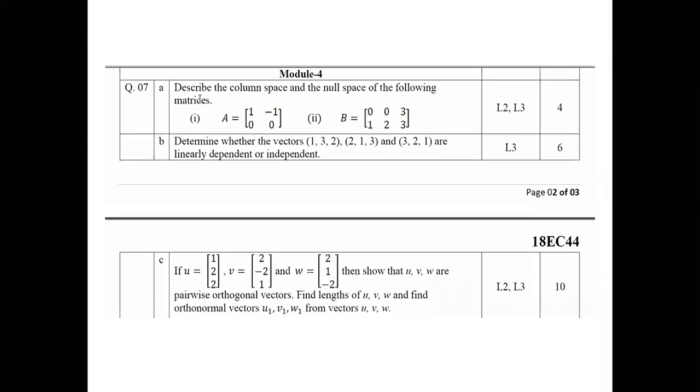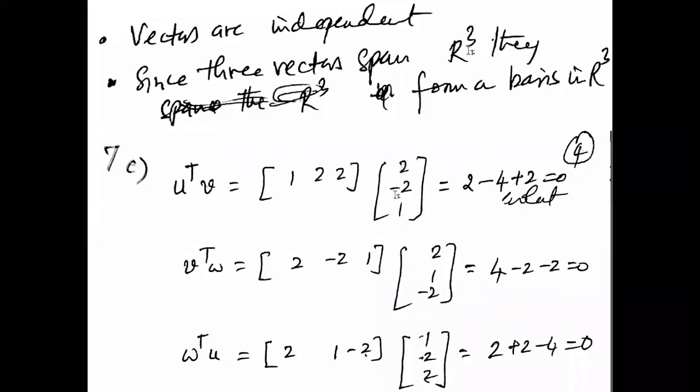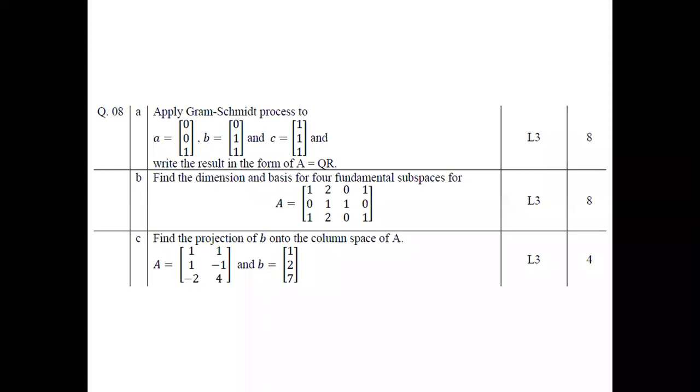I don't think they will go beyond giving you three matrices, right? Because the process becomes very tedious. So you may have a similar question like you see in 8A. They will not give you A, B, C, D because finding the fourth matrix becomes very difficult. So I think they will stick to only three, and only the numbers may change. If they want to make it easy for you, they may give you unit vectors so that finding the length is not a problem. But you should be ready for the GS procedure.